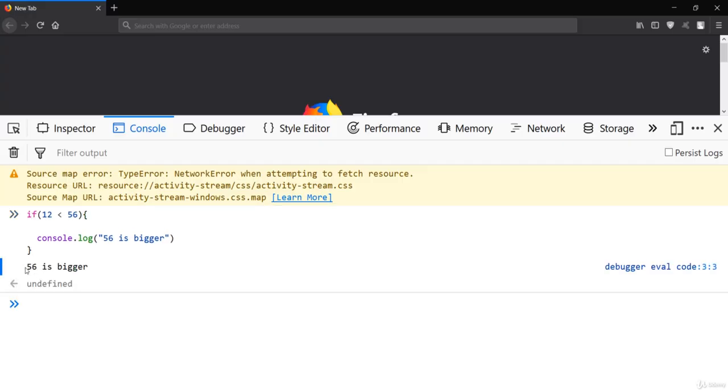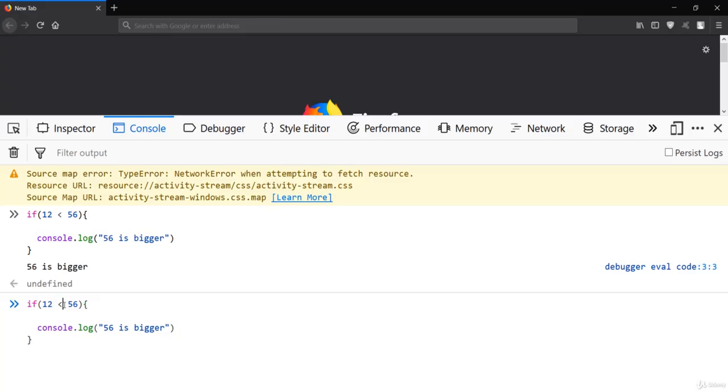If I run this, you'll see "56 is bigger" has been printed, because it checked the condition, and since it is true, the code inside this block was executed. If it was false, it would not print anything.